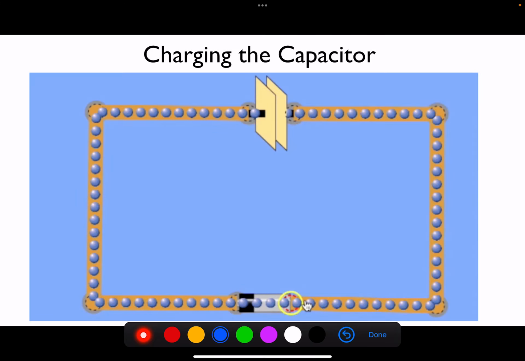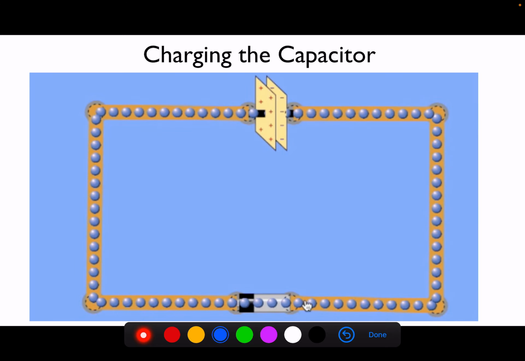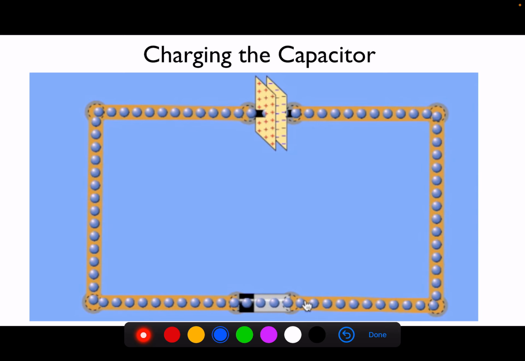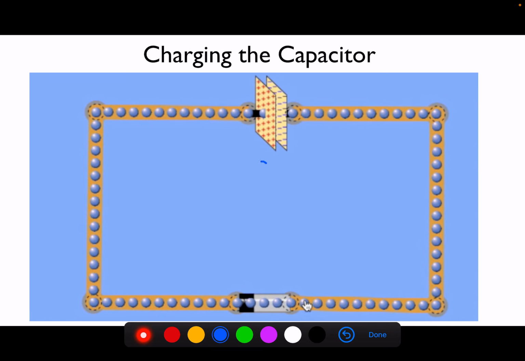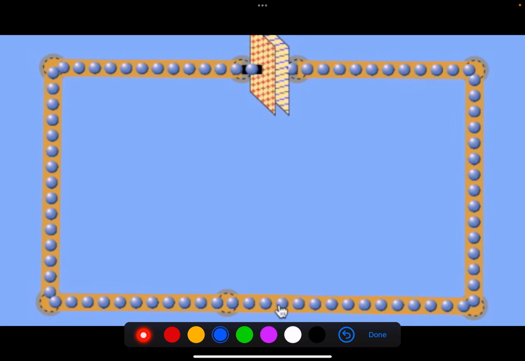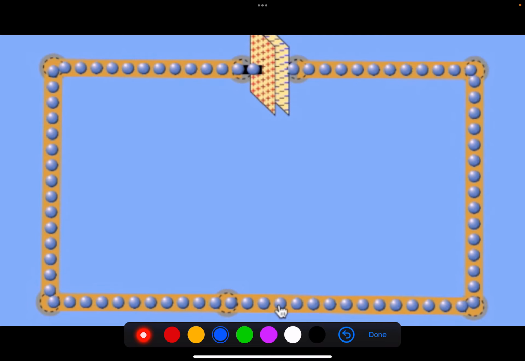We looked at how capacitors charge, with one side picking up negatives from the battery and pushing negatives off of the other plate to create a positive plate. The positive plate then pulls more negatives onto the first plate until the capacitor has reached full charge for that particular voltage. We also looked at discharging the capacitor,